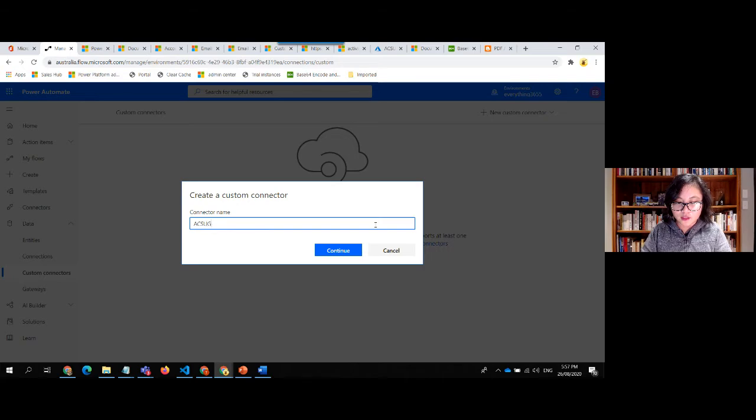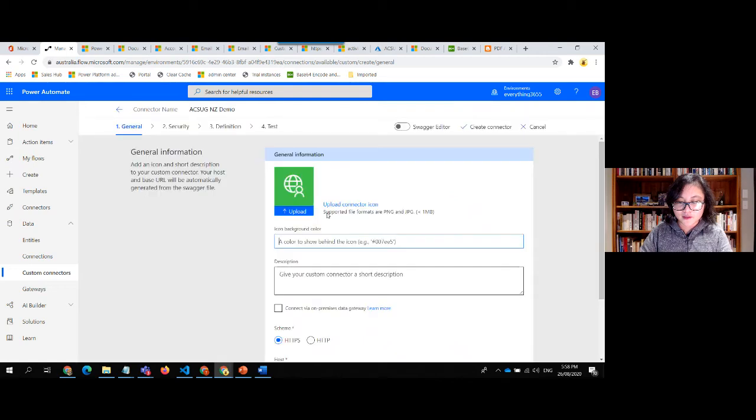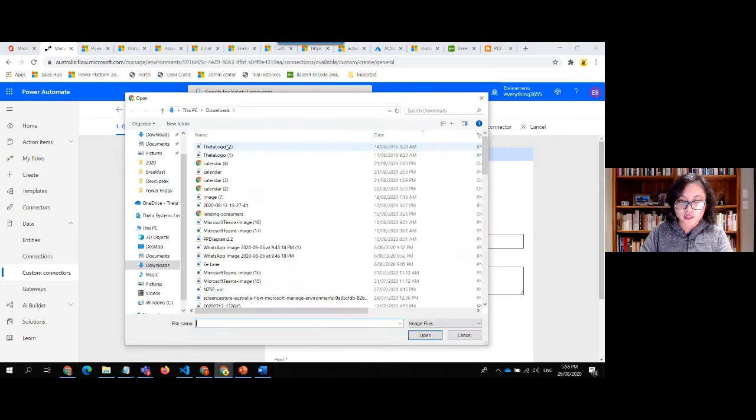So I'll just give this a name as well. Okay, so now I've just given it a name. The next thing that we want to do is go ahead and build this all out. So in here, you can give it a background color. You can upload an icon. So I'm going to upload a